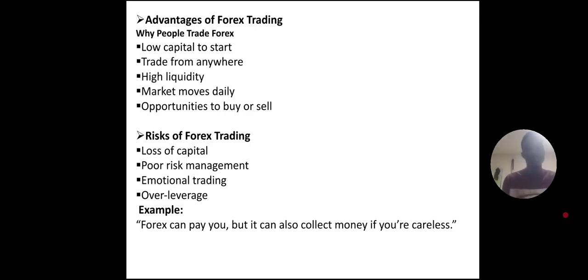If you are not greedy and you understand psychology in trading, you can determine how much you are going to lose per trade, because you must understand that trading is not a get rich quick scheme. It's a skill. People go to school for years to become medical doctors, engineers, pilots. Don't think that you can just jump into trading today and after 3 months you are already making big money. No, it's a skill. It's like studying to become a medical doctor. That's how you study to become a forex trader. There's no difference in it.